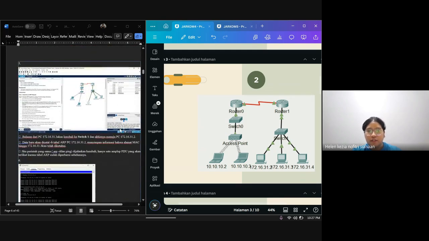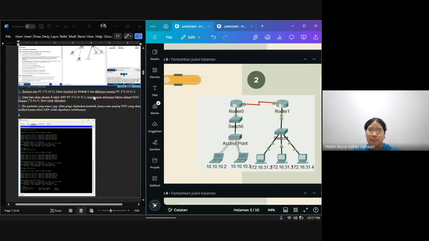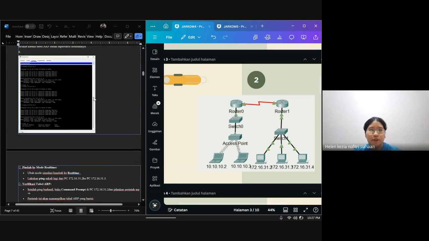If it is already done, you can see in here all of the data will come back to the PC that we used first. Then we need to do some configuration and ping.